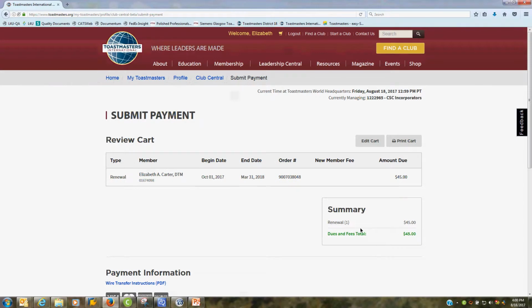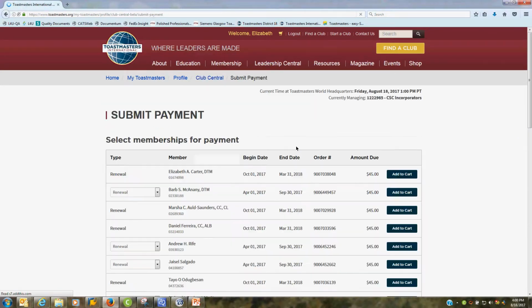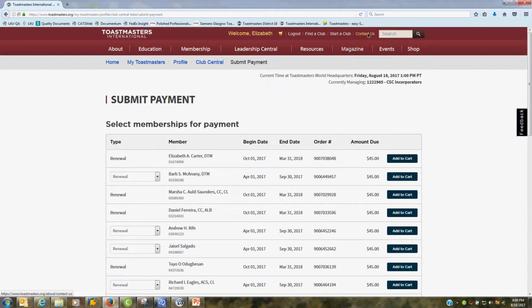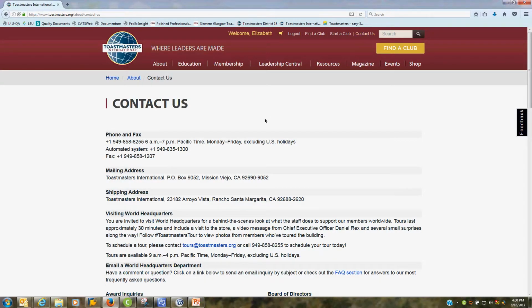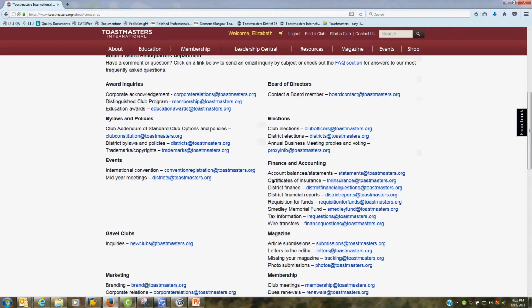There are some clubs that would like to have their members be able to renew for a full year instead of the 6 months, and that is possible. A club officer would need to contact Toastmasters International, and here on the screen, if you click Contact Us, a screen opens that gives you different topics. It would be under Membership